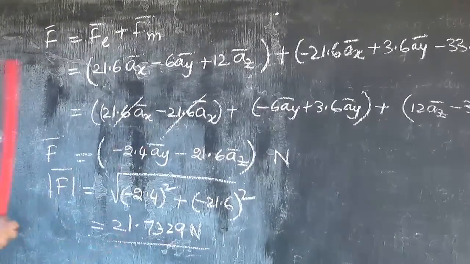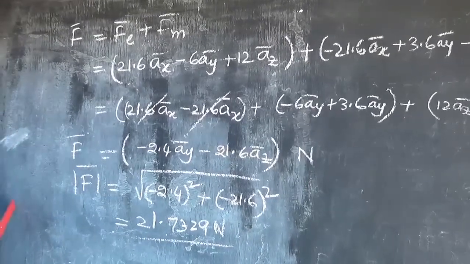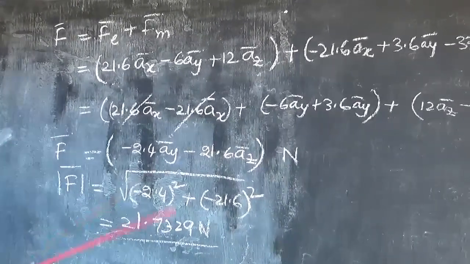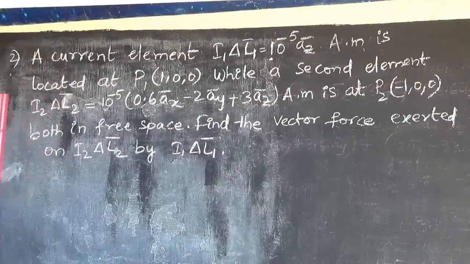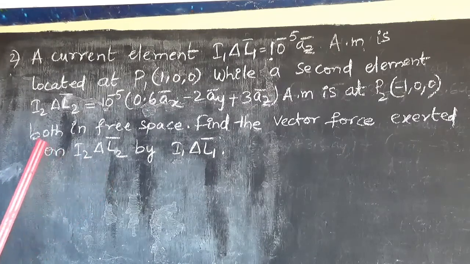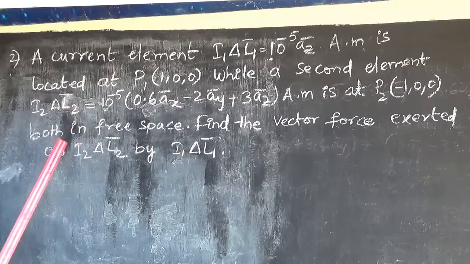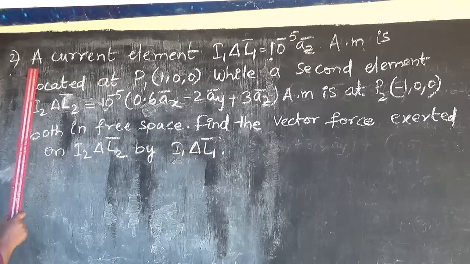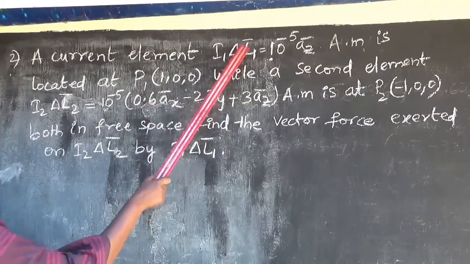So this is the total problem, and we have done one problem with the 3 parts. So we go for the next problem. So this is the second problem in your topic, and it is the problem on force due to the magnetic fields. So here a current element I1 delta L1 bar.